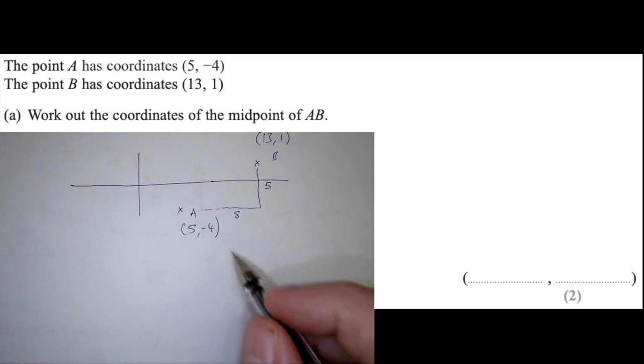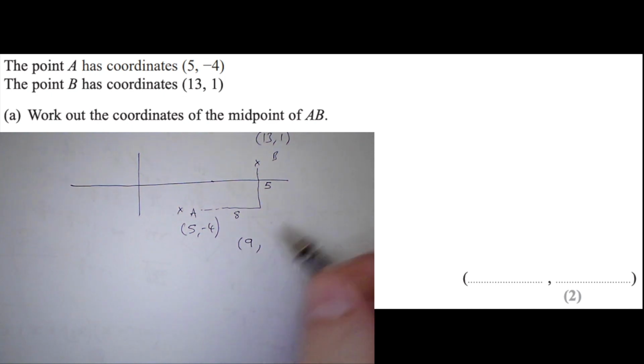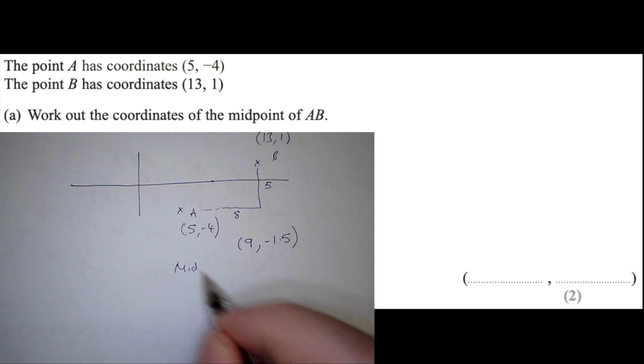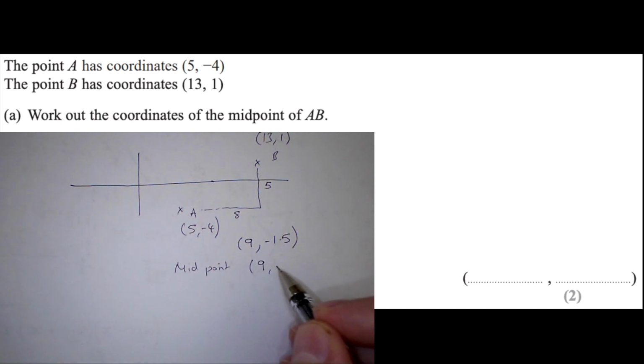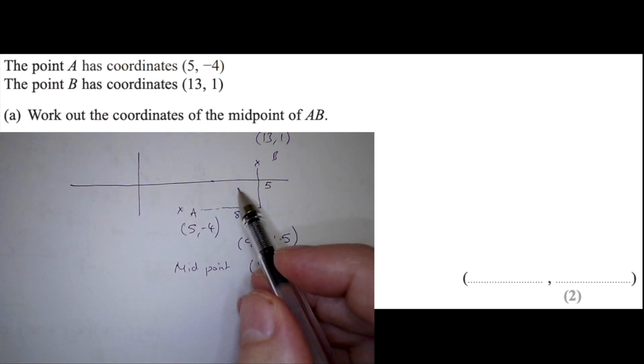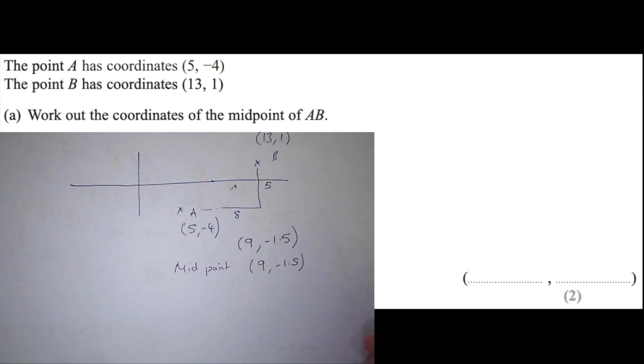So if I want the halfway journey, what's half of 8 and what's half of 5? If I'm starting at 5 and I do half of 8, that's going to be a journey of 9 altogether, isn't it? And half a journey of 5 is 2.5, so -4 plus 2.5 is -1.5. So I think the midpoint is along 9 and down -1.5. And if I do a little rough sketch of where that is roughly, it does look about right. Right. Okay,